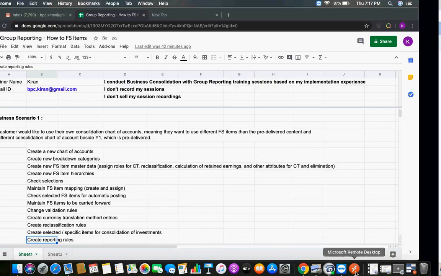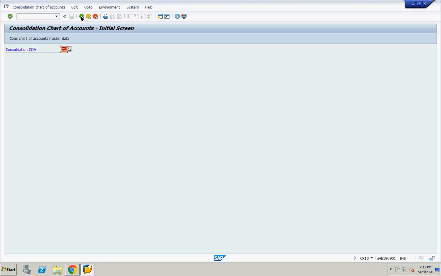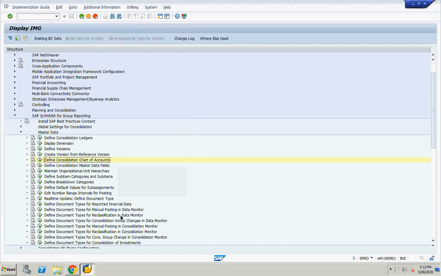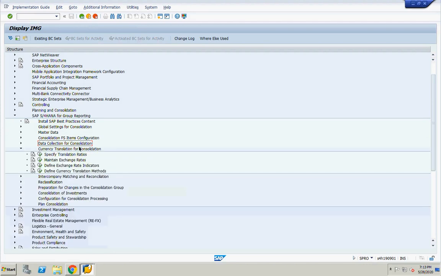For example, if you see here, SAP has already delivered some methods, some currency translation methods. If you go here, define currency translation methods, those methods you cannot use because they use some financial statement items.